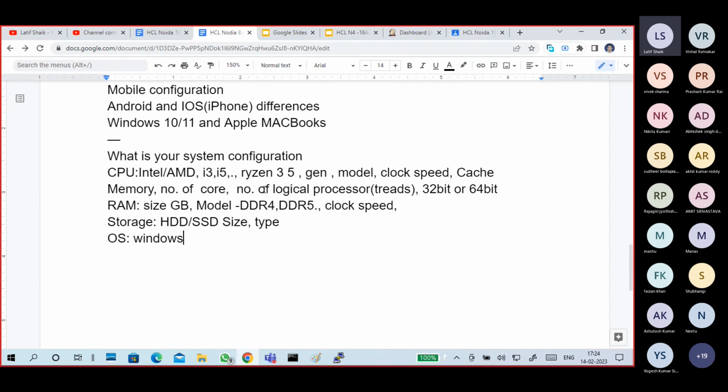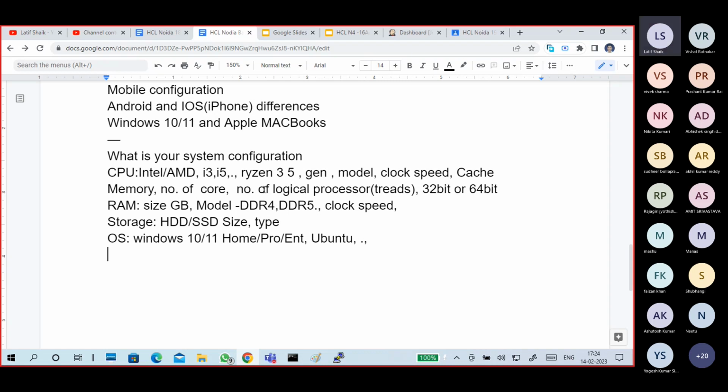Windows 10 or Windows 11? Which edition: Home, Pro or Enterprise? Or a different operating system, like Ubuntu or Mac? If you buy an Apple MacBook, the operating system is different.